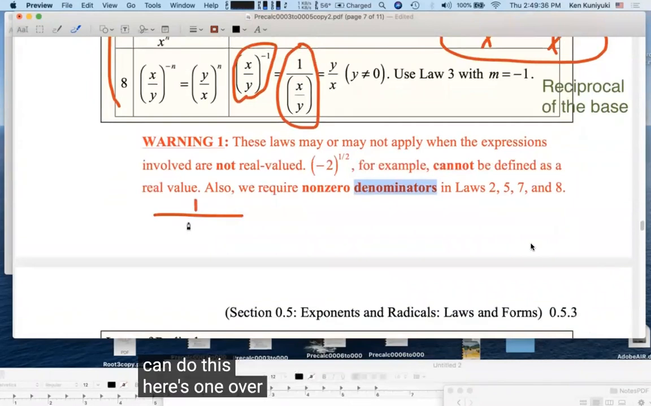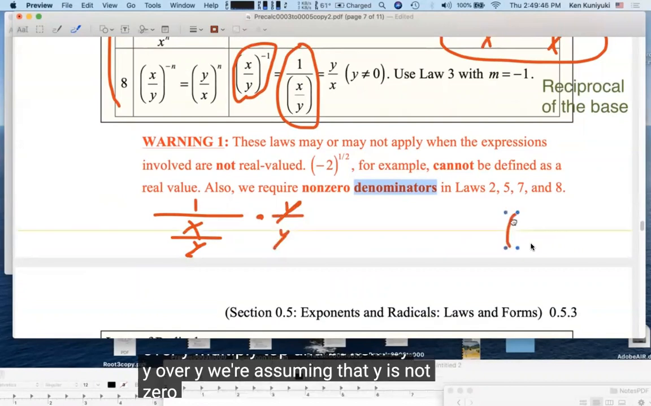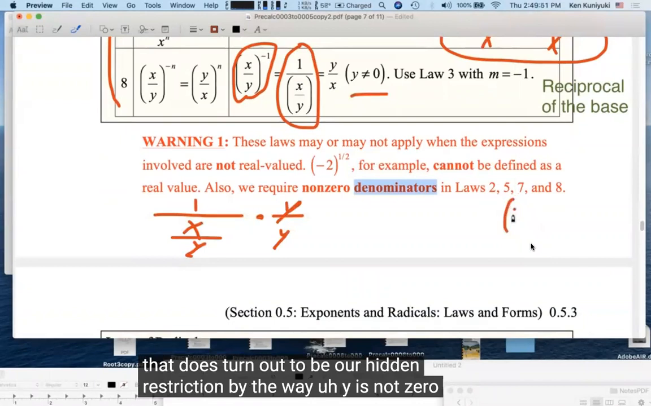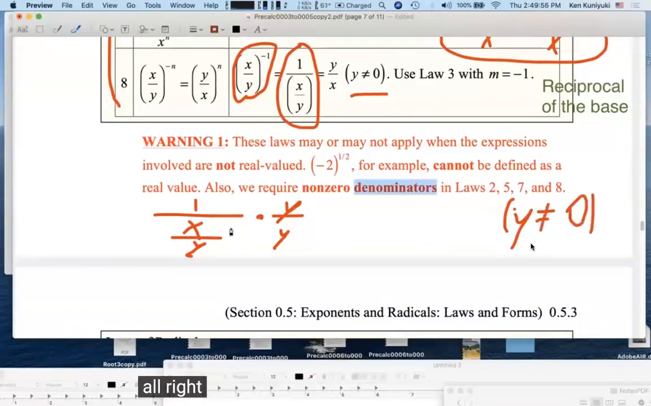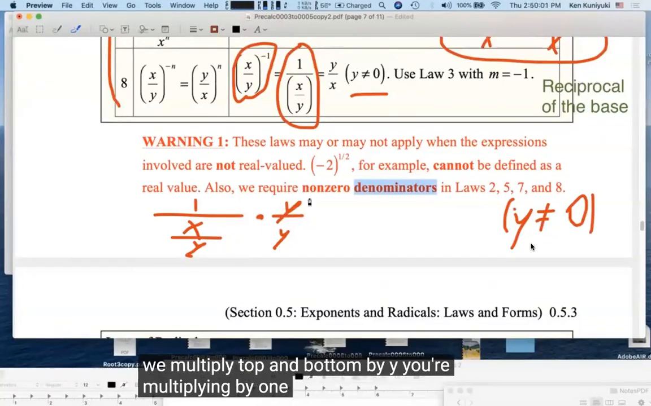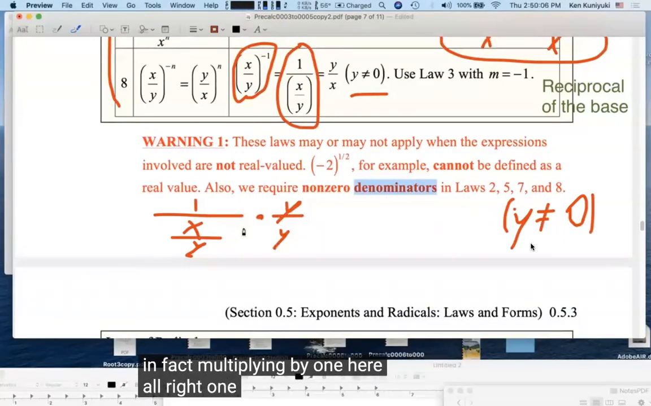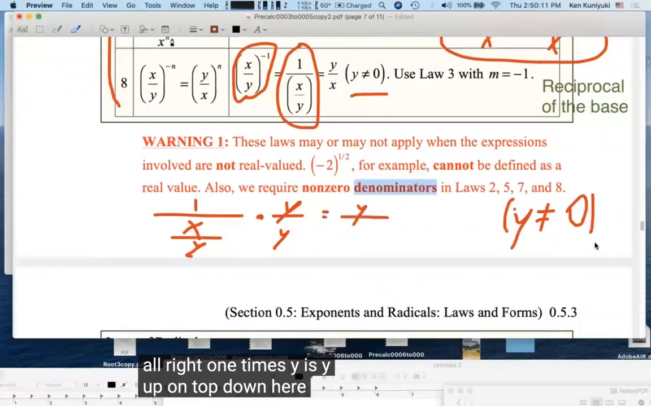If you don't see that, we can do this. Here's 1 over x over y. Multiply top and bottom by y over y. We're assuming that y is not 0. That does turn out to be our hidden restriction, by the way. Y is not 0. Y cannot be 0. All right, so 1 over x over y, we multiply top and bottom by y. You're multiplying by 1. We're assuming y is not 0, so we are, in fact, multiplying by 1 here. 1 times y is y, up on top. Down here,